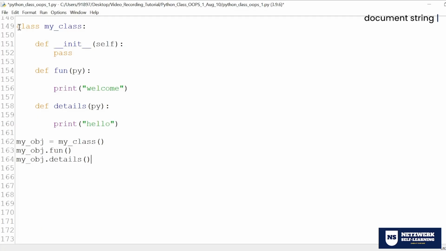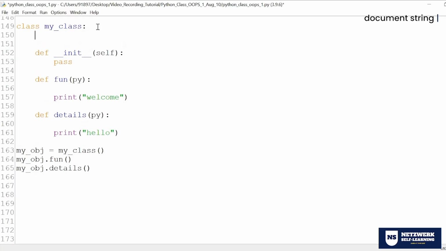It's like when you create a project in college, what is the next step you do? What is the next obvious thing? You create a document which reflects the project that you did. Same thing. In a class also, you have to follow some document string mechanism.